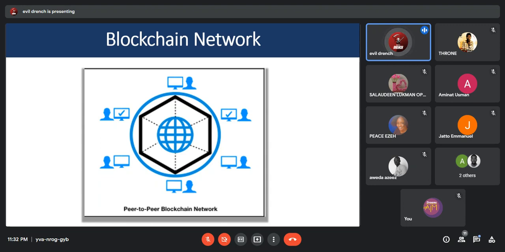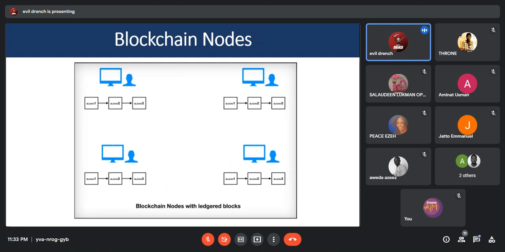Every piece of information that this node has, every other node also has, and everybody has an administrative role over the information. So if one node goes down, you just remain with these other nodes, and that's how blockchain nodes actually work,